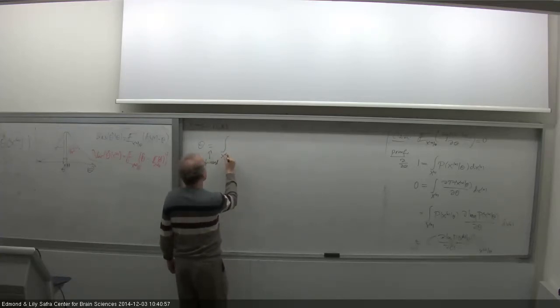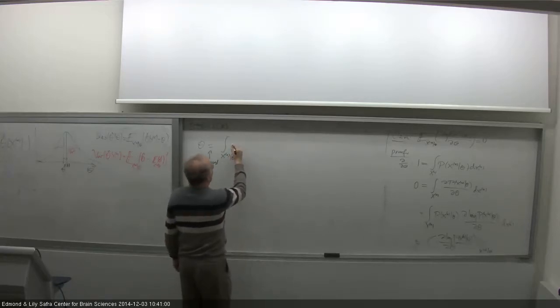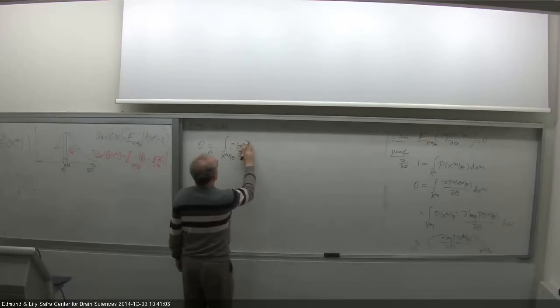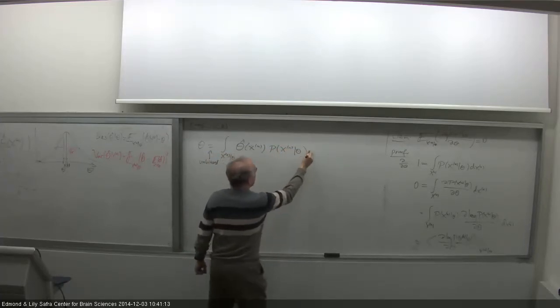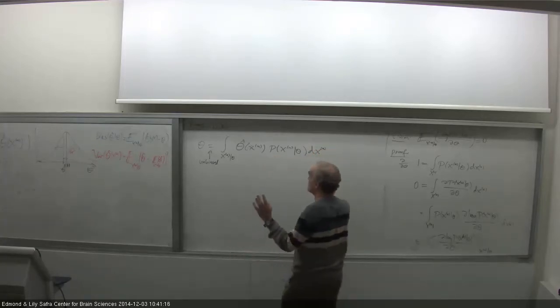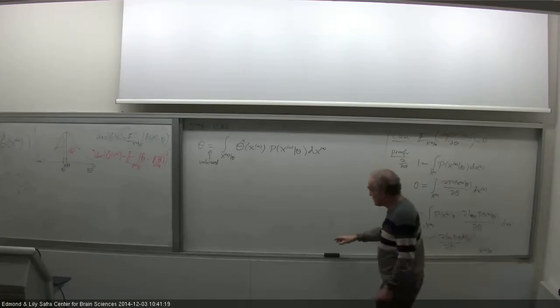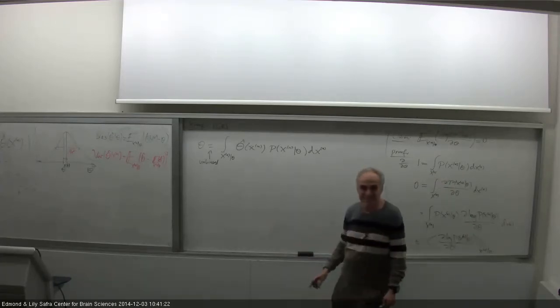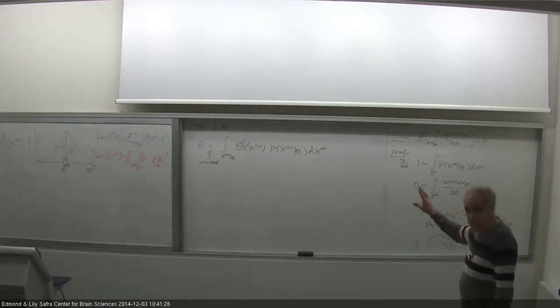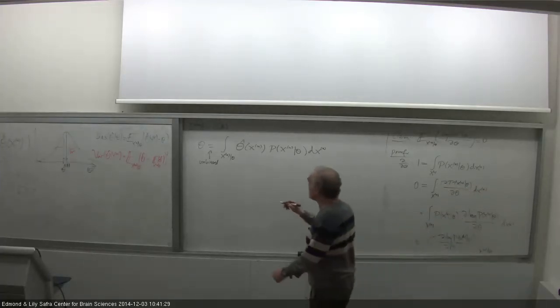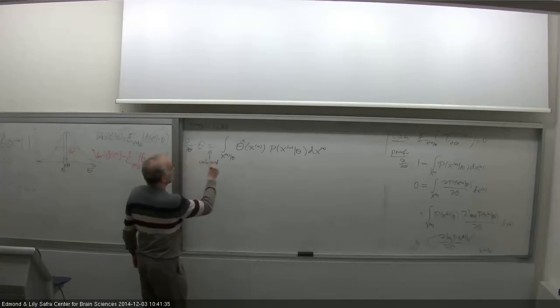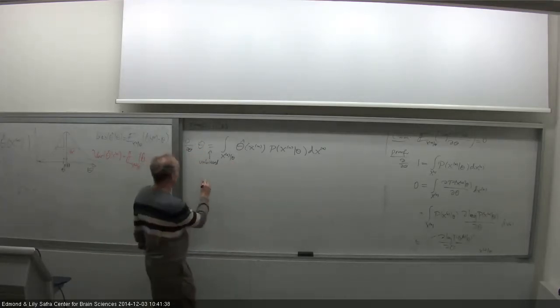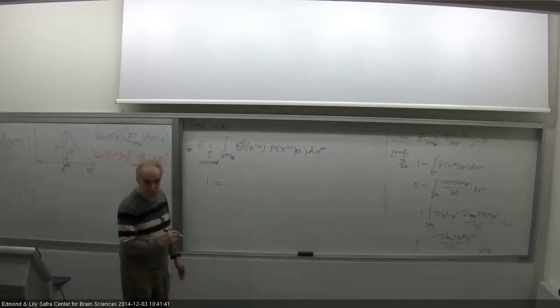So this is the integral over all samples of theta hat of xn times p of xn given theta, dxn. I'm trying to write big because I noticed that otherwise we don't see anything in the video. This is what I mean by expectation. Now I take again the derivative. I do the same trick again, d to d theta of this equality. What I get is 1 equals, since d to d theta of theta is 1,